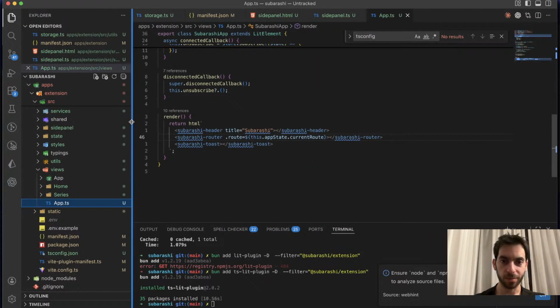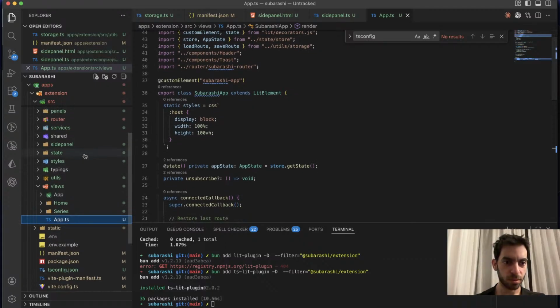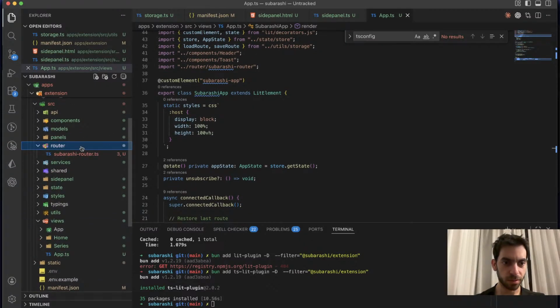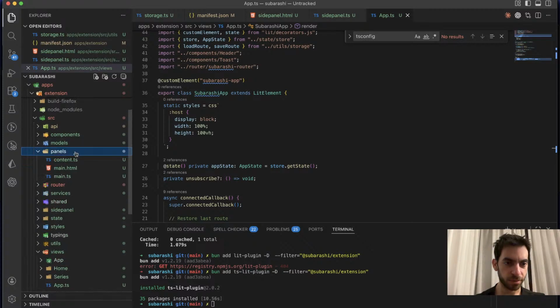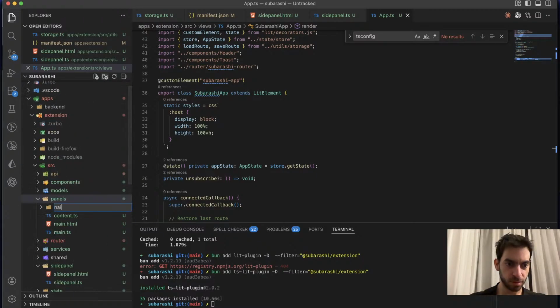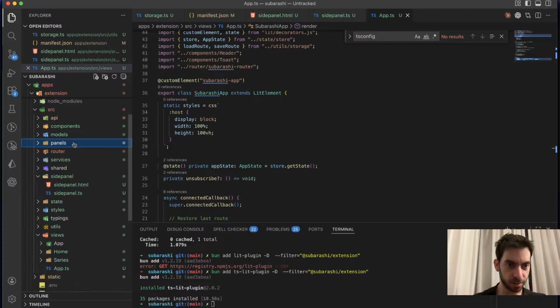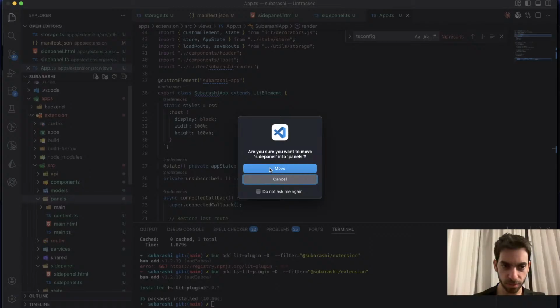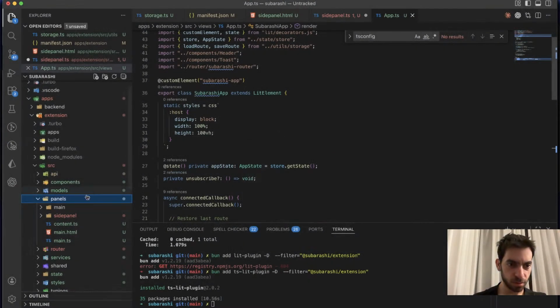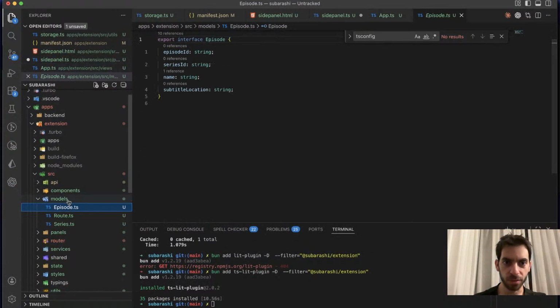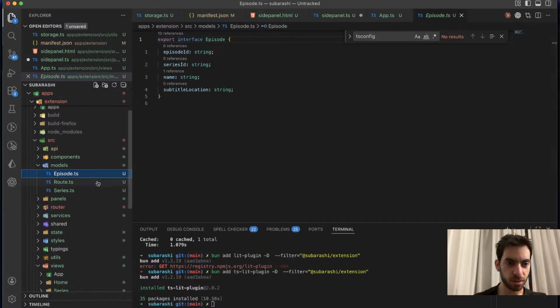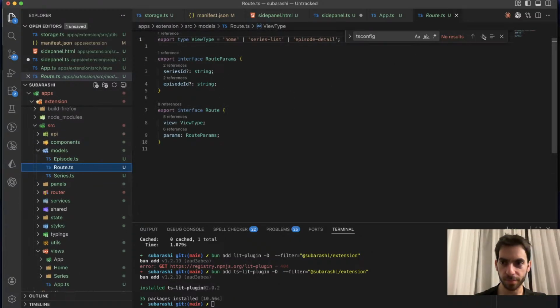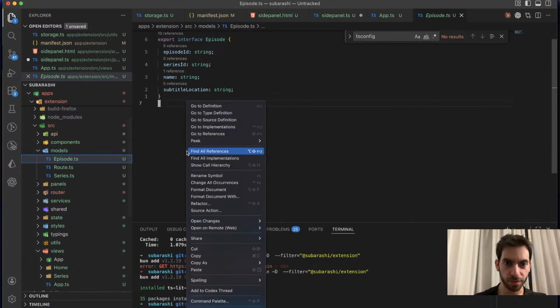So, okay, we did spend some time trying to come up with these things. Router, Subarashi router, panels, content, main. I'm gonna move side panel here, and I'm just gonna move main and move side panel in here. Yes. So the other thing we're gonna see, episode, what is episode? No, route. No, I actually like moving all of this to